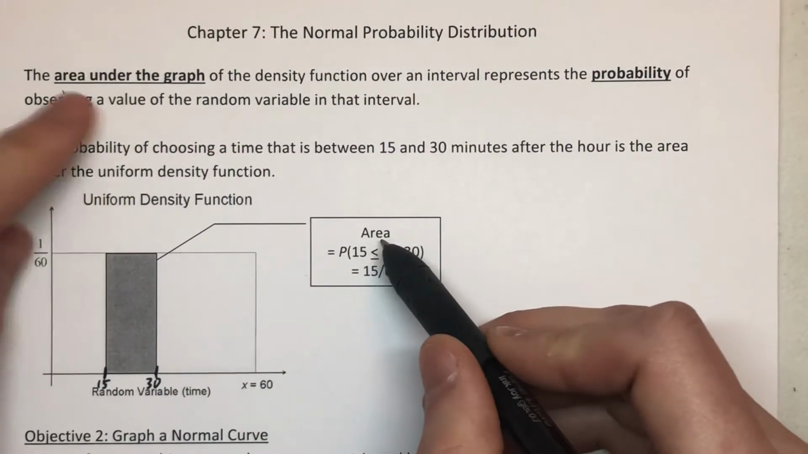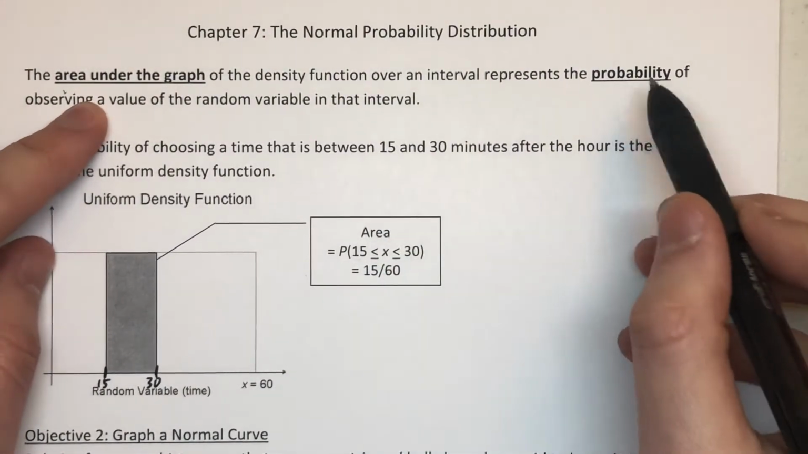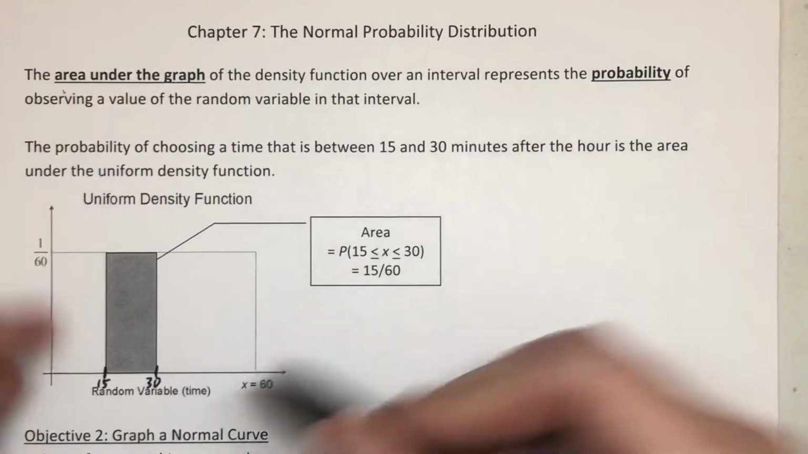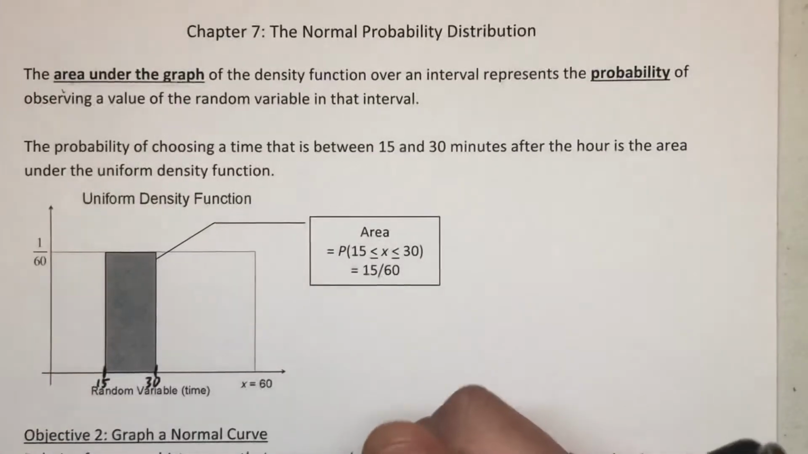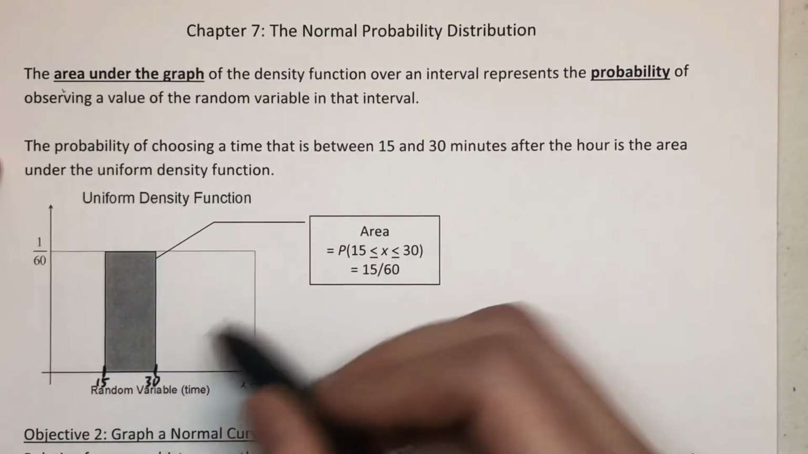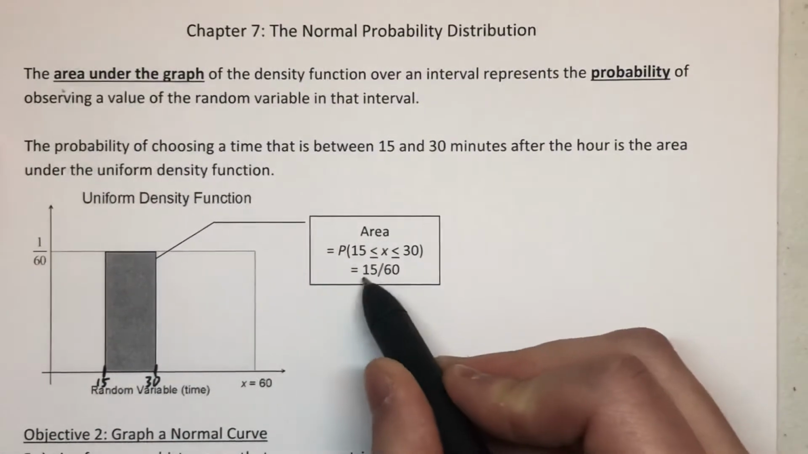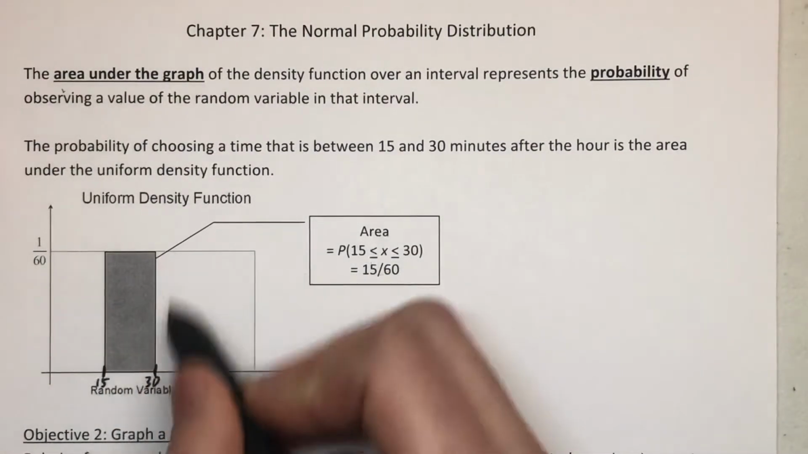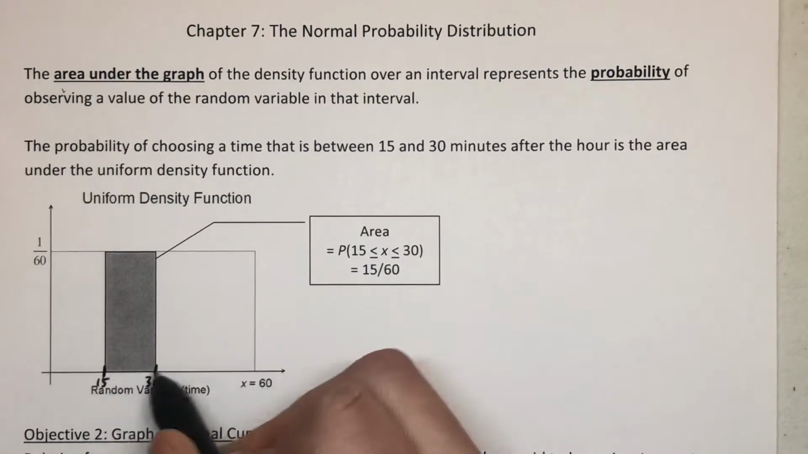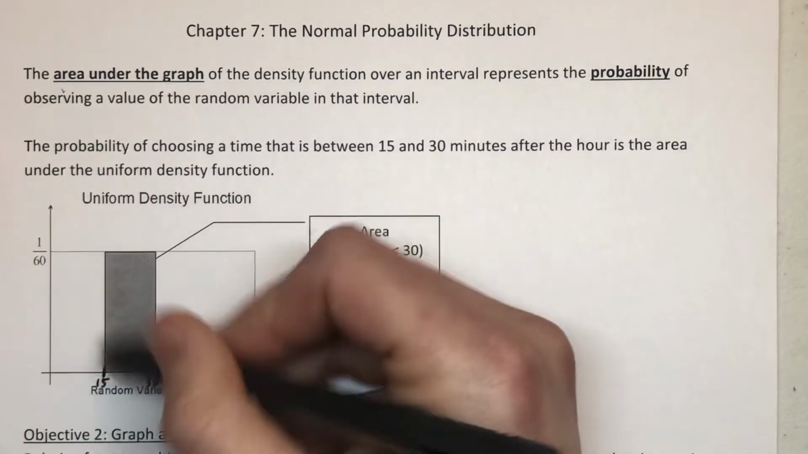The area of that rectangle should represent the probability of the event occurring in this interval from 15 to 30. Well, we just said every minute has a 1/60th chance, so it would make sense that for 15 minutes it should be 15/60ths, right? Well, it does make sense because we've created a rectangle that is 15 long and 1/60th